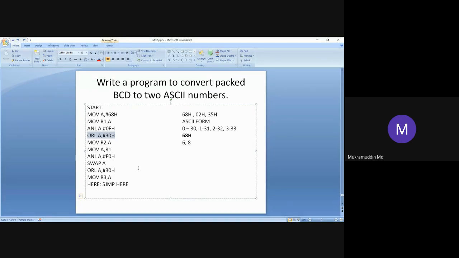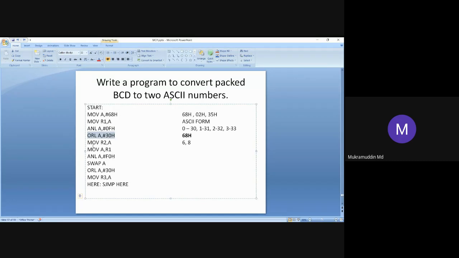If you use ORL also, both get added. The aim of this instruction is to add the value of A and 30, and the result should be 38. So we can use the add instruction also in place of ORL.